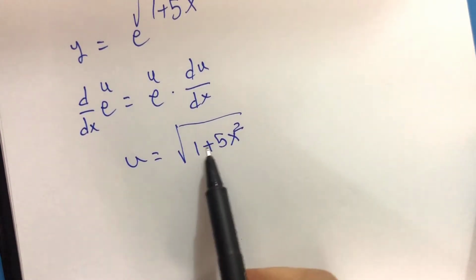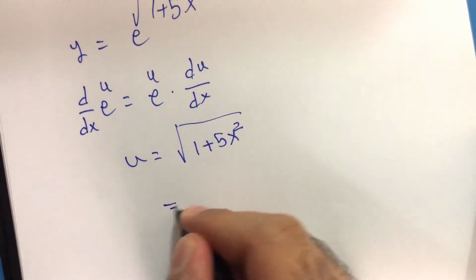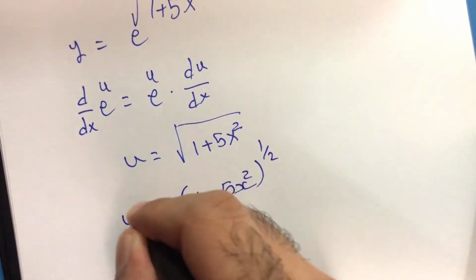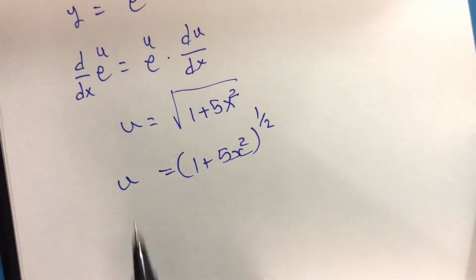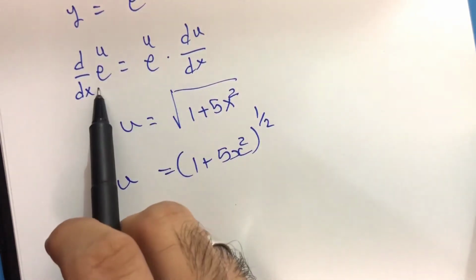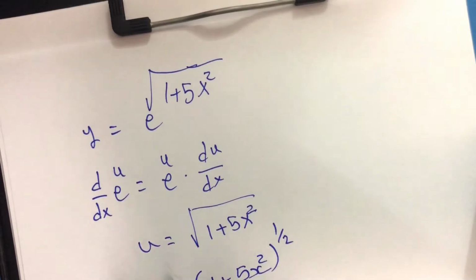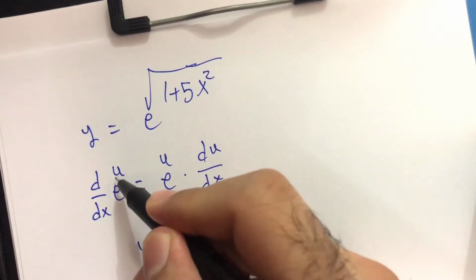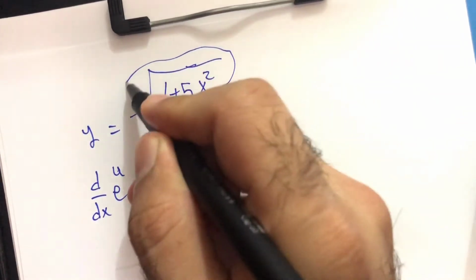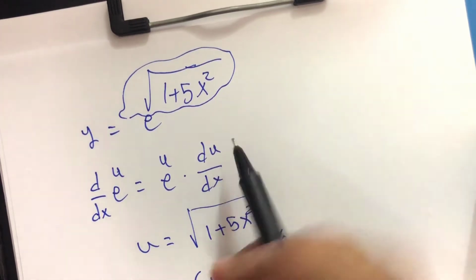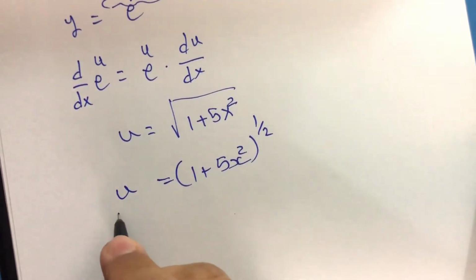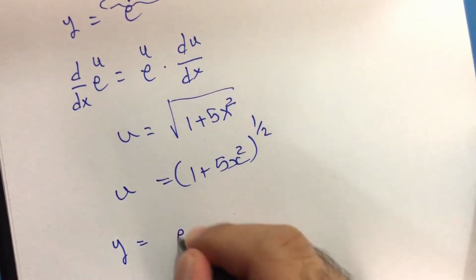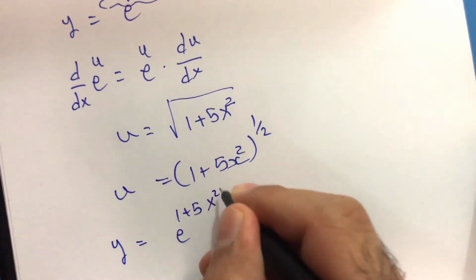We can write the square root function like this: (1 plus 5x squared) to the power 1 over 2. Now, in order to find the derivative of exponential u for this function, we first need du by dx. We know that for exponential u, this is u, so we require du by dx. Actually, the example given for us is y equal to exponential 1 plus 5x squared, so that